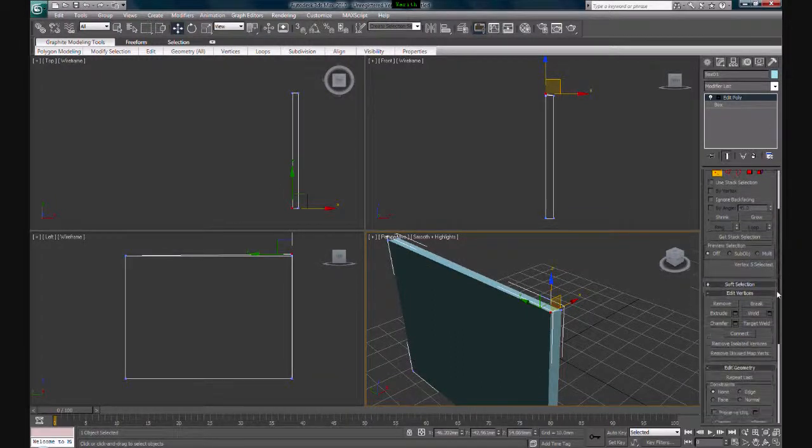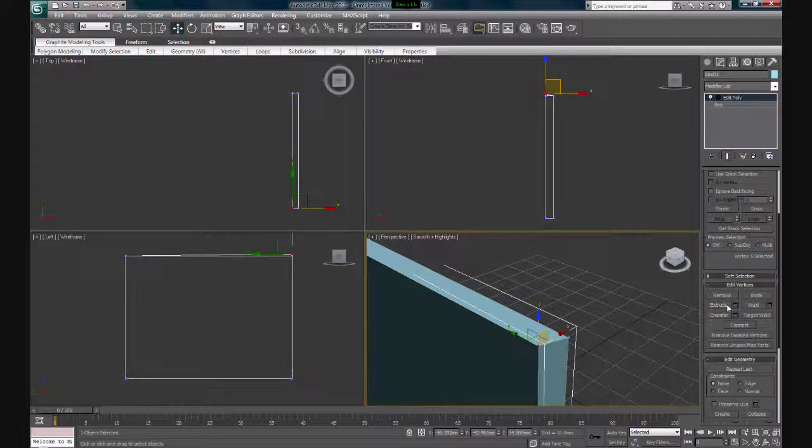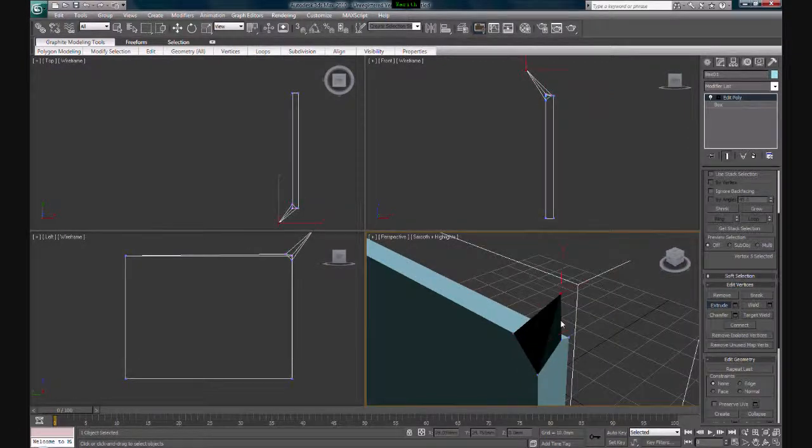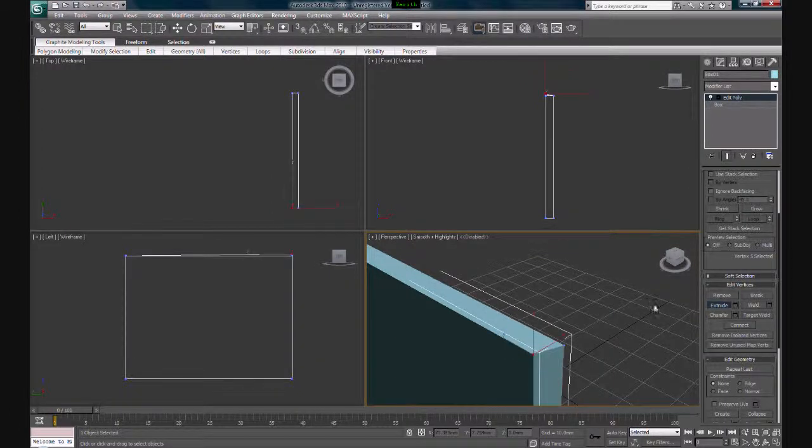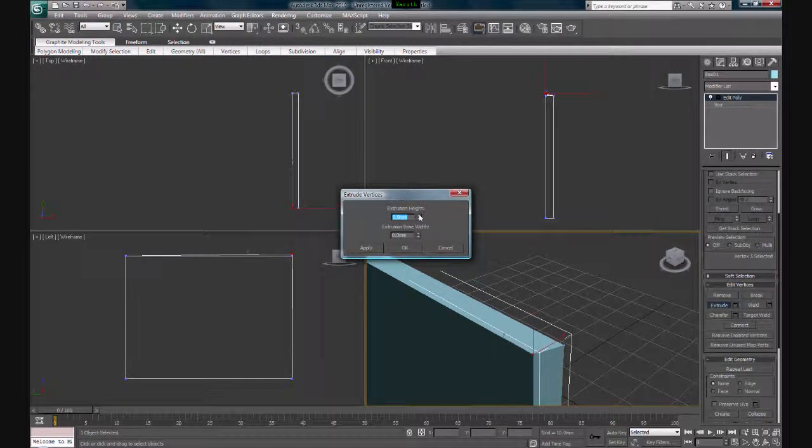Let's say if you go into extrude here, you click on extrude, you click on the point and you drag it, you create an extrusion on the point, and it will automatically divide it into several other points in order for them to cater to the new extrusion. So let's undo that. There's also a dialog box on the side where you can actually do an extrusion with amount. Say if I extrude this out and I increase the base width, you see,